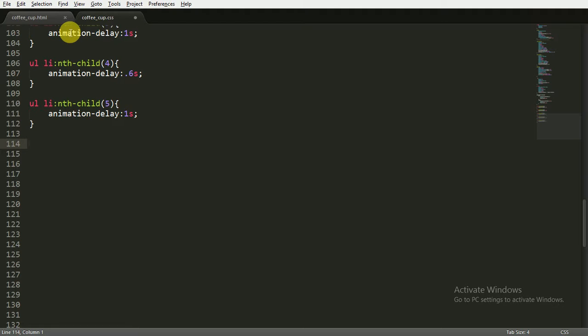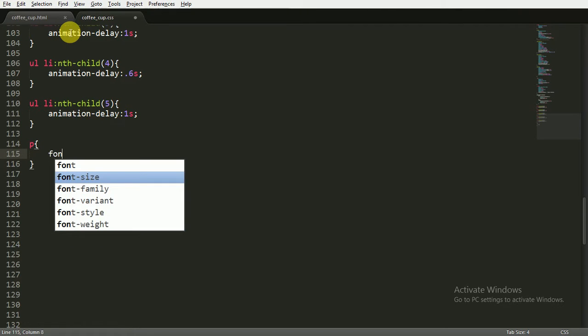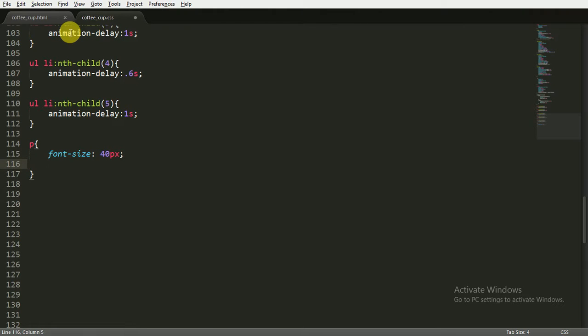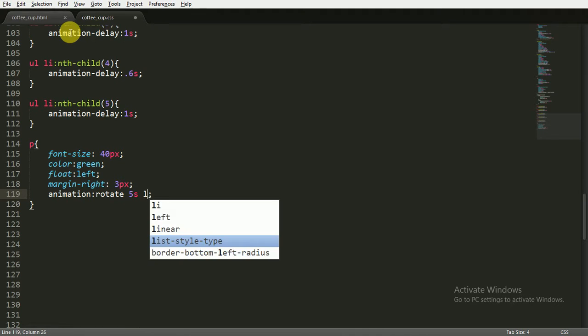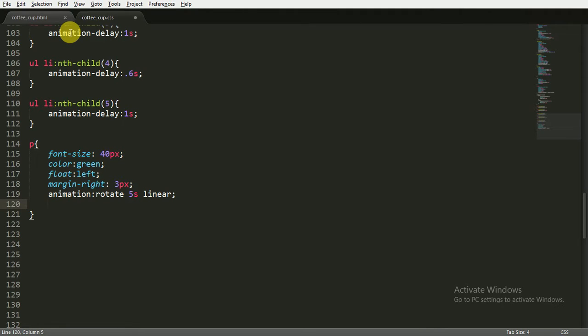So first of all, I'm going to apply styling to our paragraph tag and set the font size to 40 pixels and the text color to green, and set the float value to left and margin right to 3 pixels for some spacing between the words or the letters, and going to apply the animation of rotate, and it will last for 5 seconds and linear. Okay, and setting the position to relative for animation purposes, and setting the left value to 37% from the left, and 68% from the top to make it under the plate, or you can say our cup, and also giving some text shadow